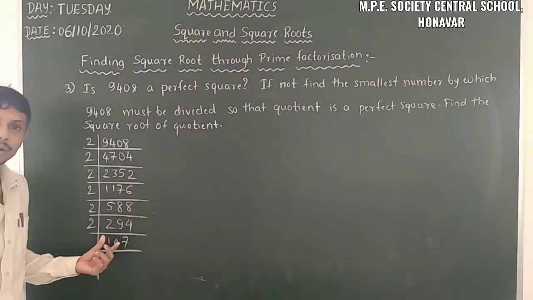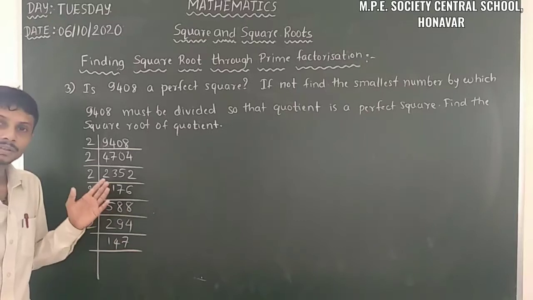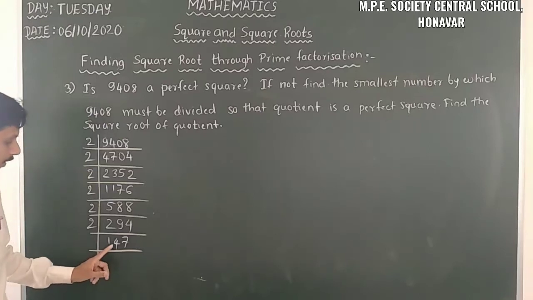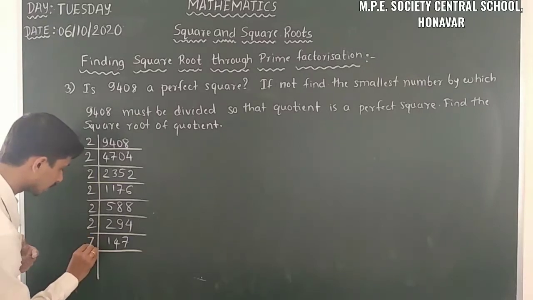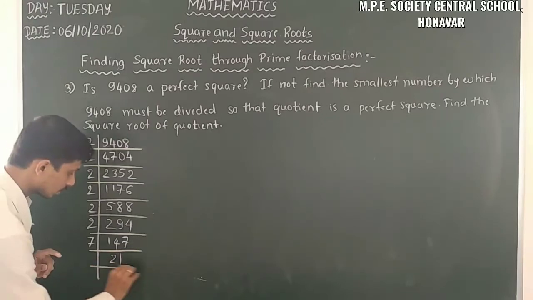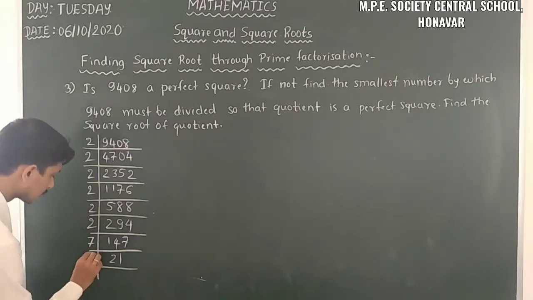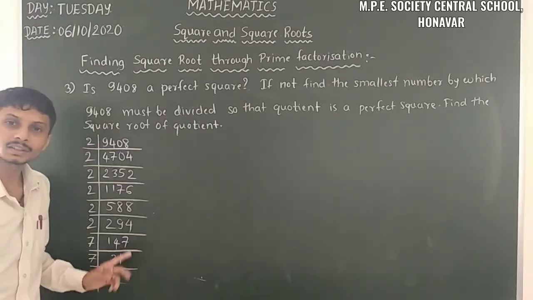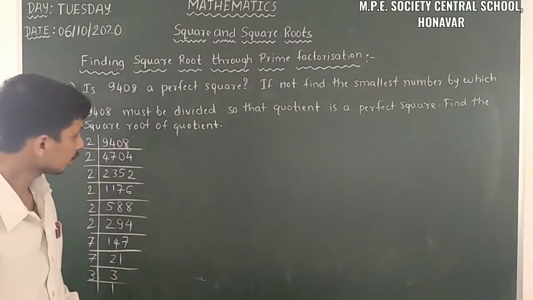Here it is 147. It's not an even number, it's an odd number, but just observe 147. Which number is suitable to factorize it? So we can use 7 here. Just observe, here it is 14, here it is 7. That means we can take 7 here. 7 into 2, 14, and 7 into 1. Here it is 21. We can divide 21 by 7 also. 7 into 3. Also here it is 3. We can divide by 3 only. 3 into 1. So that means we have a factorization.